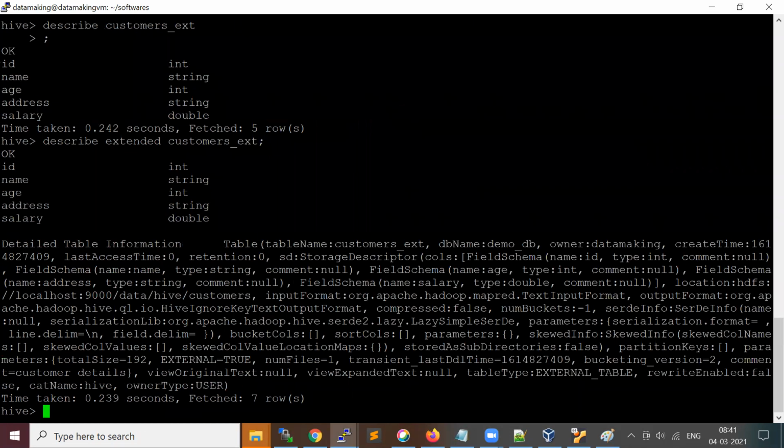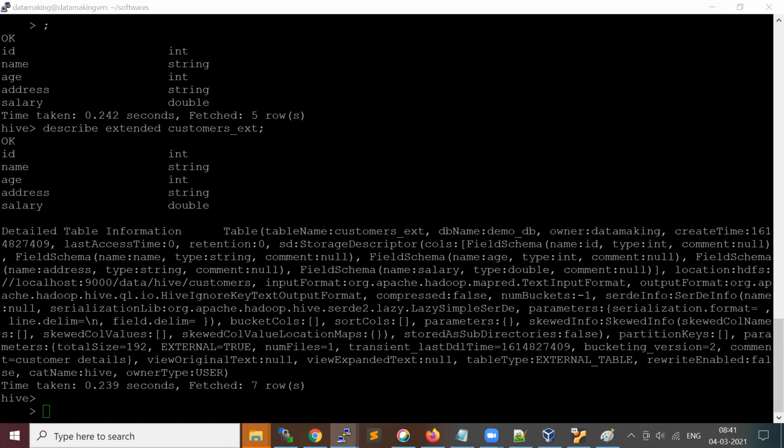Here it gives more information. There will be one property called external, which will be true here, and also table type, it will say external table.